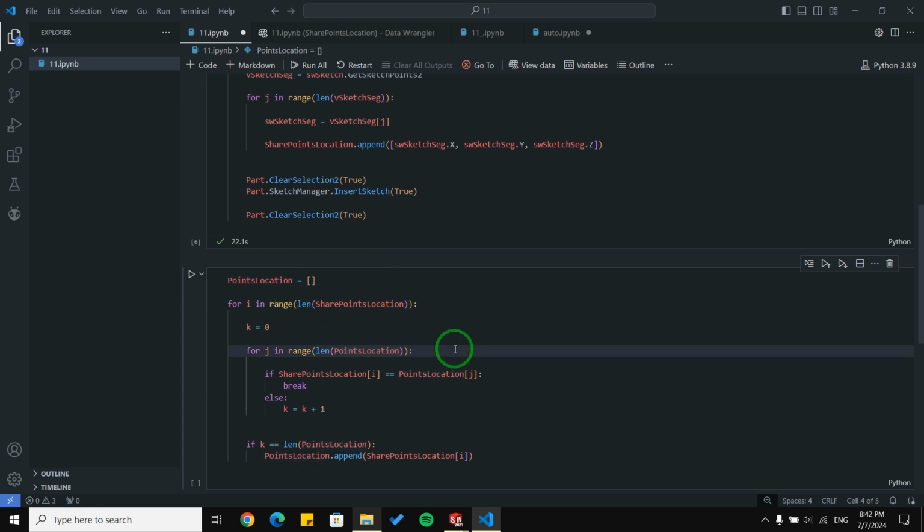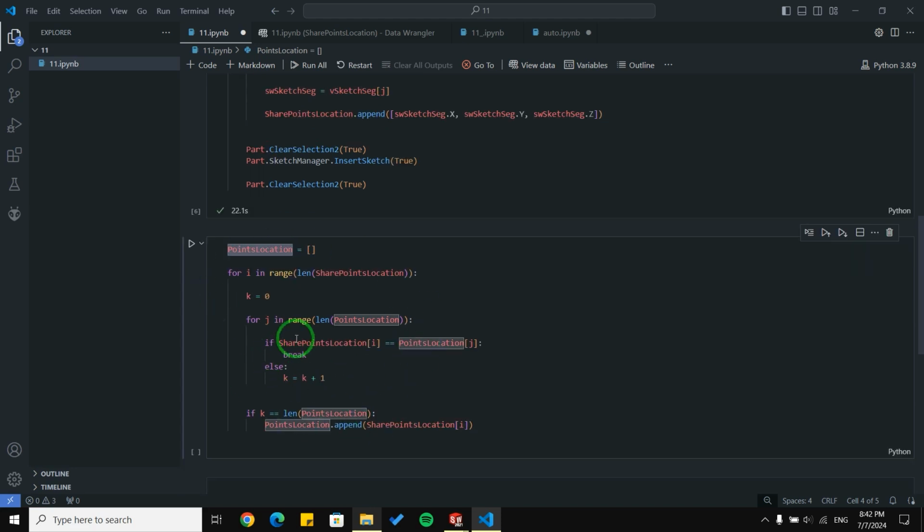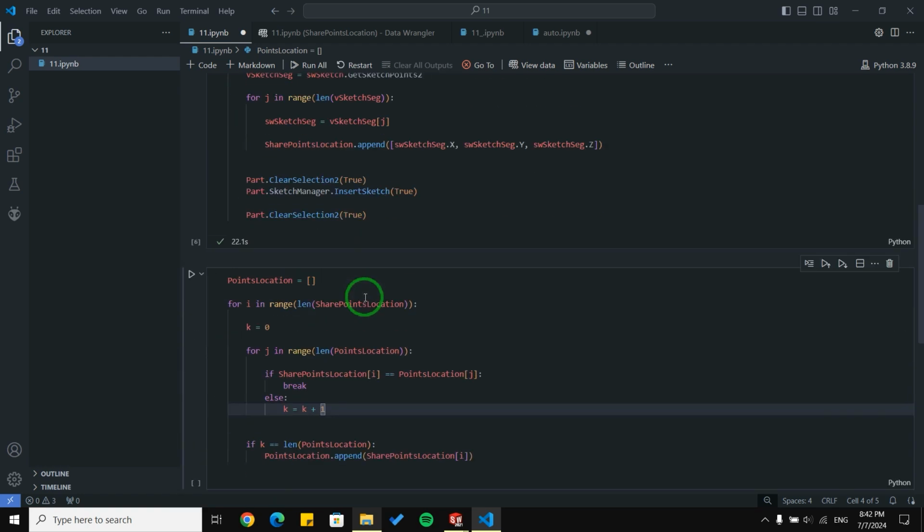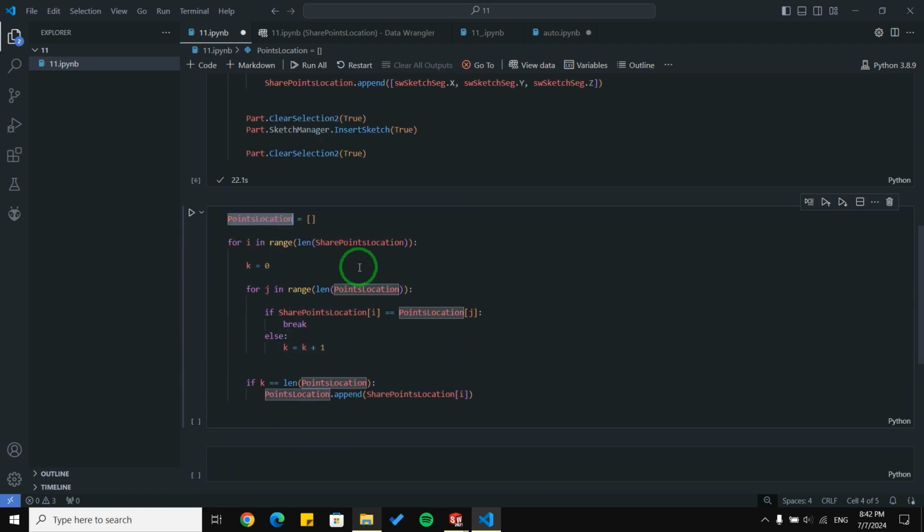And if the element is there already, we are not going to append it because it is duplicated. So using this code, we are able to separate duplicated points in the SharePoint location and store them in the point location. Let me run this block of code.